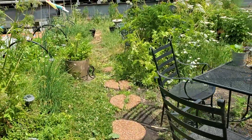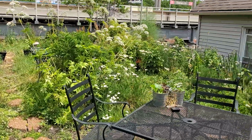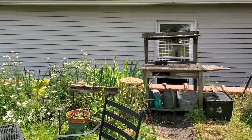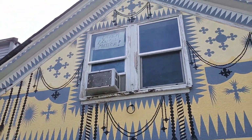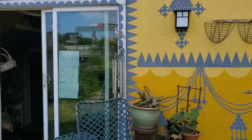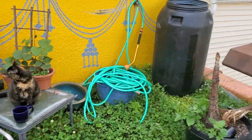I'm going to give you a little garden tour. Here is our rooftop garden. I moved here in 2009 to build out this garden, and it looked radically different than it does right now. And here are my cats. And so,